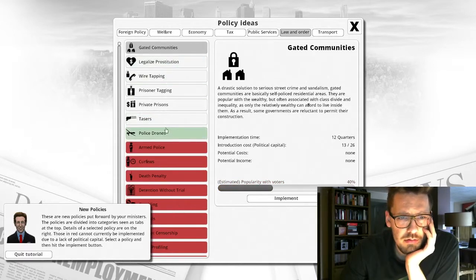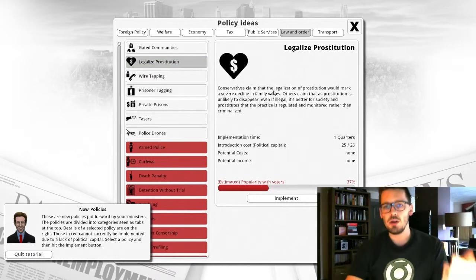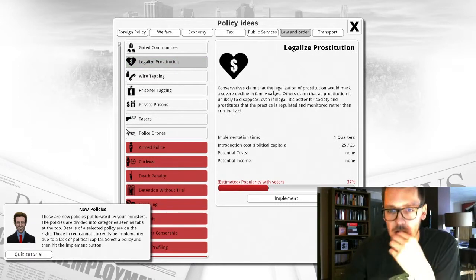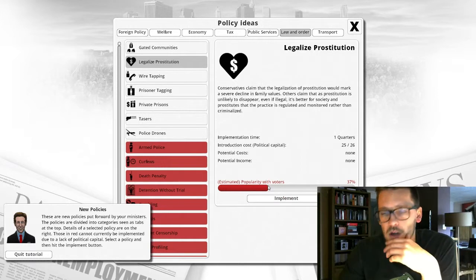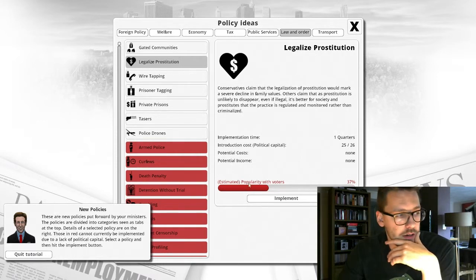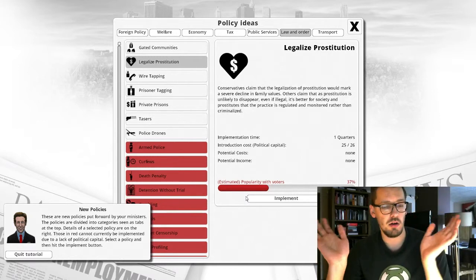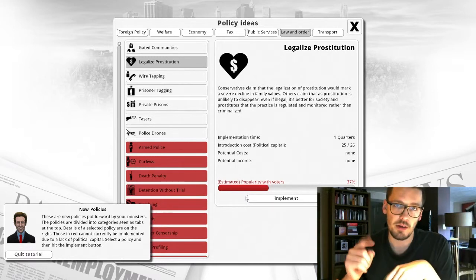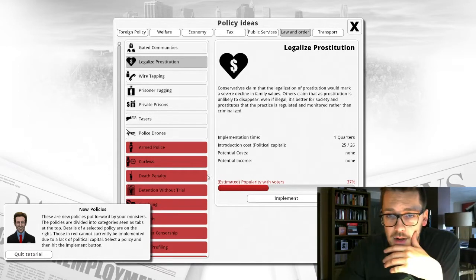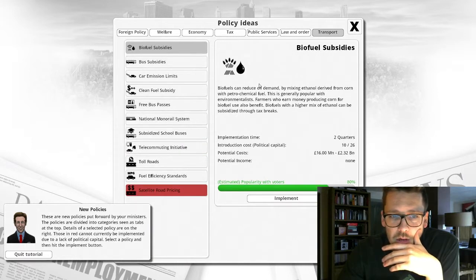Law and order. Police drones, wiretapping. Legalize prostitution! Damn. Only 50% men, 50% women. Women don't like it. Men do. And then there's about 13% of men who say, no, I don't like it, because their wife's gonna slap them if they do. That's the way. Otherwise, everyone would like this. And transport. Okay, so,